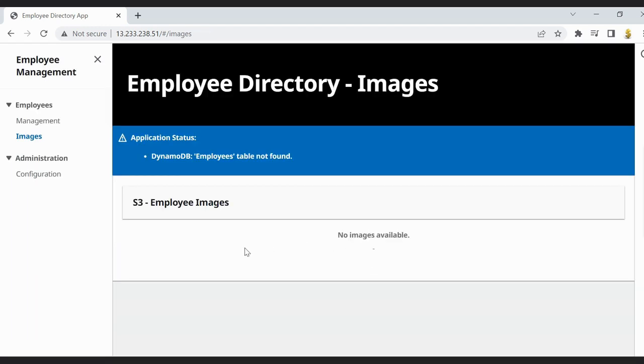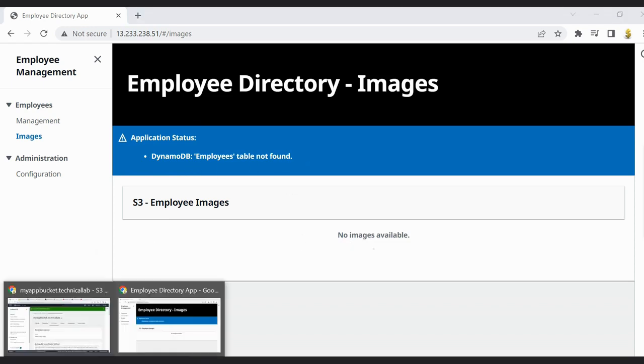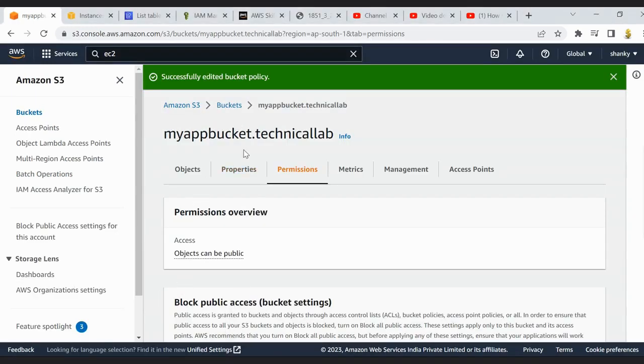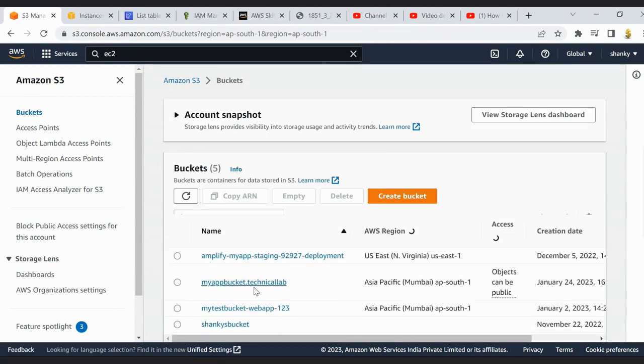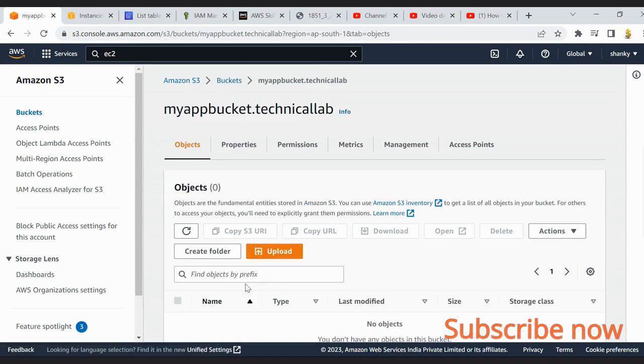So now if you go to images, you will be able to access your bucket images, but then you see now the S3 bucket error is gone, but there are no images. Let me just try to quickly upload some of the images to my bucket. Okay, so we'll click on upload